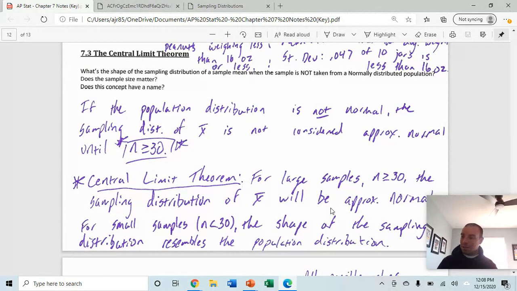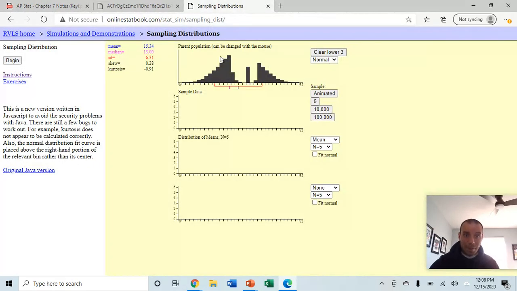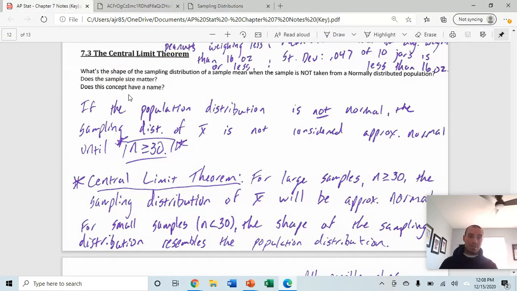The central limit theorem is one of the most important theorems in all of statistics. It answers the question of what the shape of the sampling distribution is when the population is not normally distributed. So when our population is something crazy like a bimodal shape or skewed, that's where the central limit theorem comes into play. It says if the population distribution is not normal, the sampling distribution of X bar will be considered approximately normal